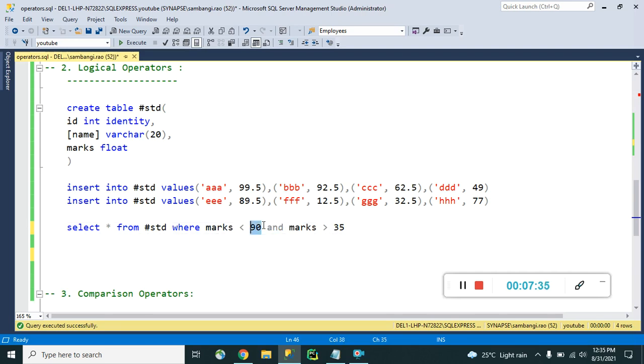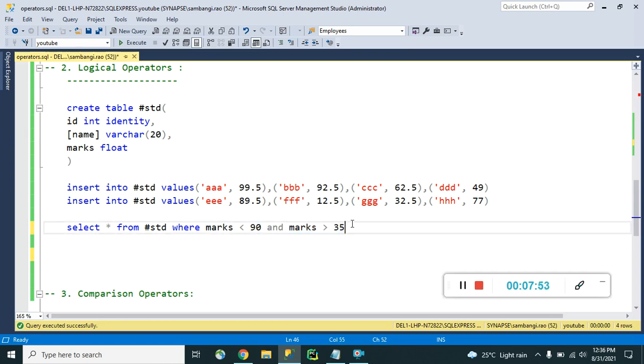when we want to use the AND operator, the left side condition must be true, and the right side condition must also be true. Otherwise, we cannot get data.